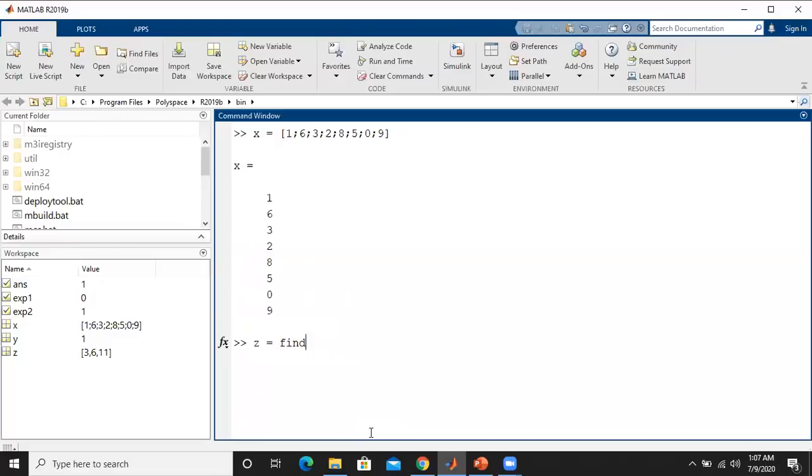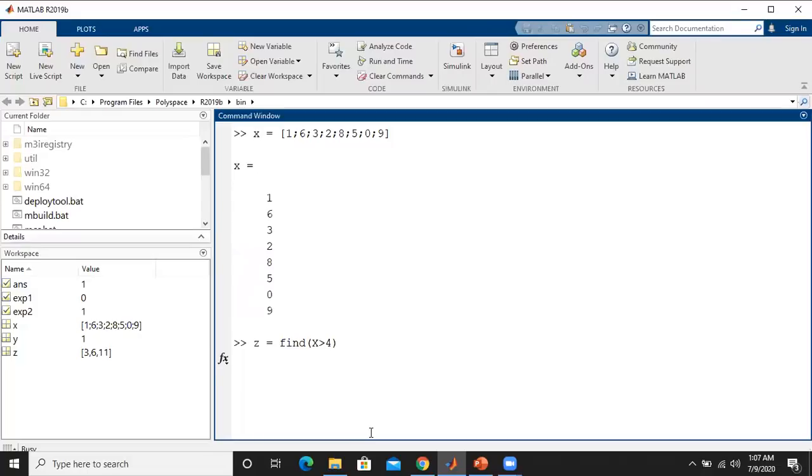Now find the values of x which are greater than 4. When we use this find, it gives the positions of the values which are greater than 4.